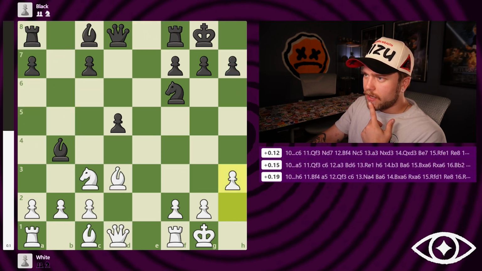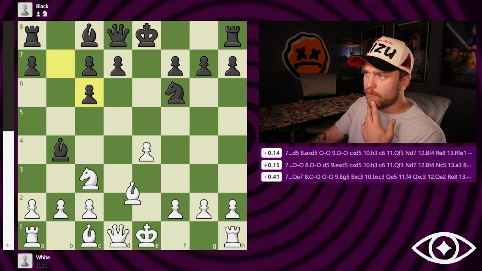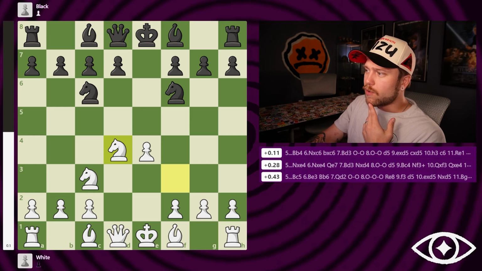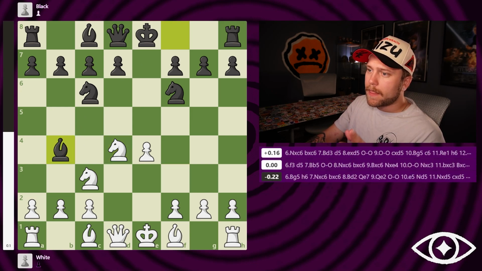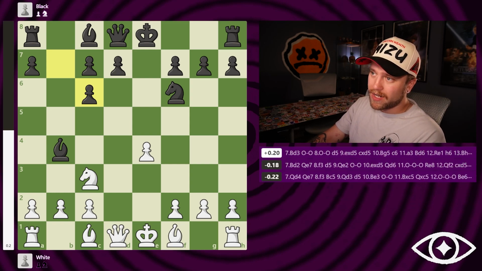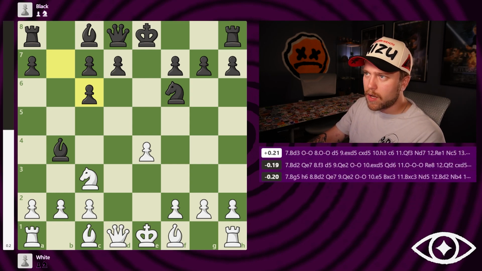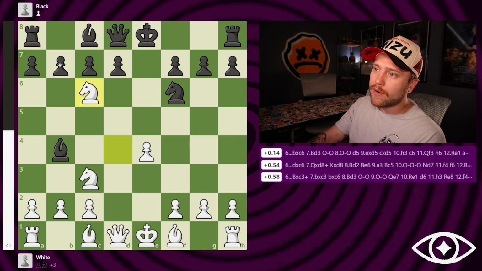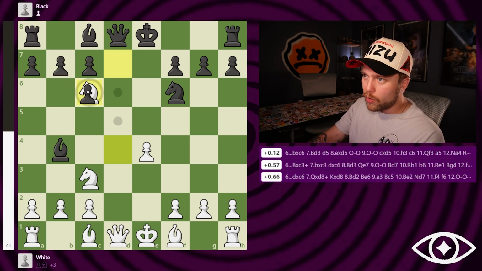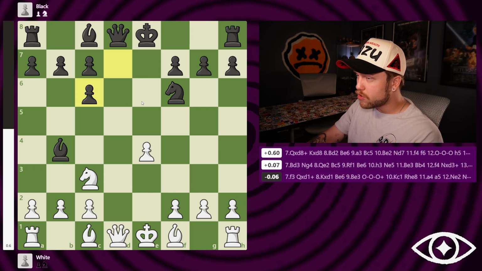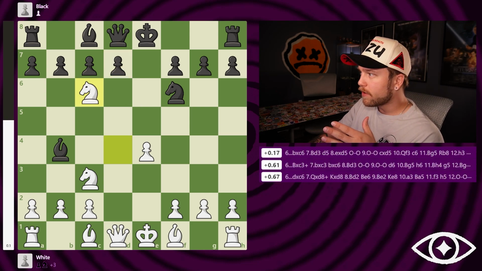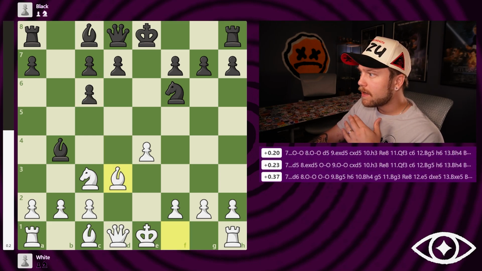So let's have a look at this. We went a little bit further in this line, but I just want to see what's going on here. So after you take the pawn, bishop is supposed to come out. You take, forcing doubled pawns. It's not truly a force of doubled pawns, but it is. And in theory, they should be taking with the b pawn. There's a world where they offer this queen trade, which we're going to look at right away. However, once they take,